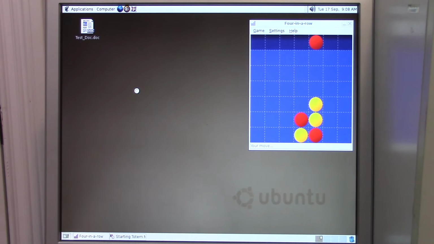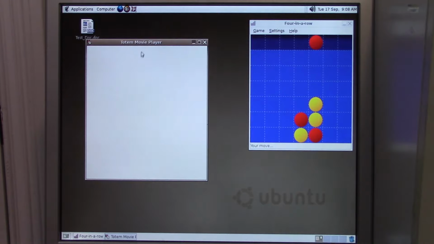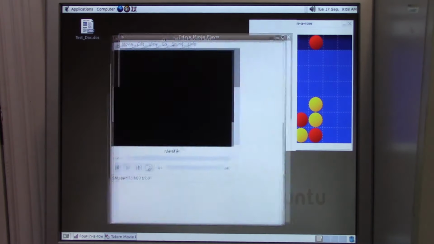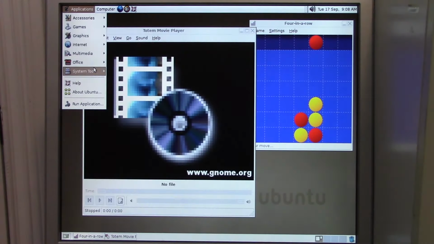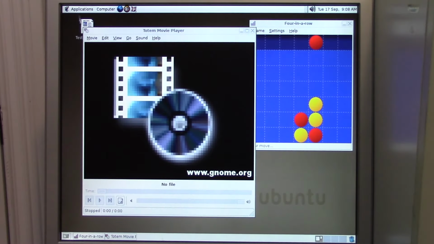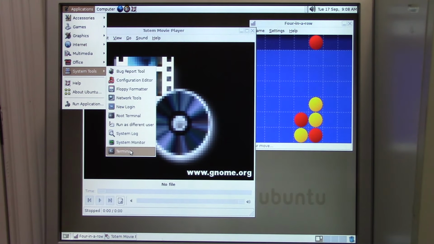This is probably just something like Windows Media Player. Yeah, so it's just your standard media player right there. Pretty cool. Office, we already took a look at. And system tools, there's probably going to be a decent amount of stuff. We got obviously terminal, a root terminal. We can make a new login. We can run something as a different user. There's a lot of actually very useful stuff in here. A bug report tool,